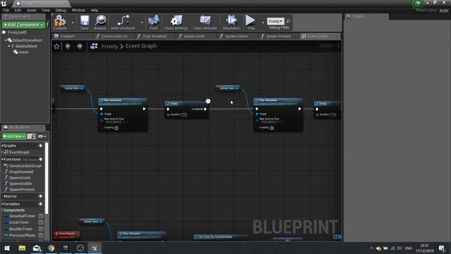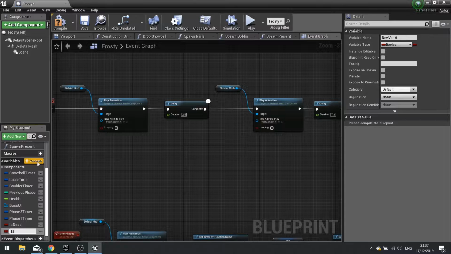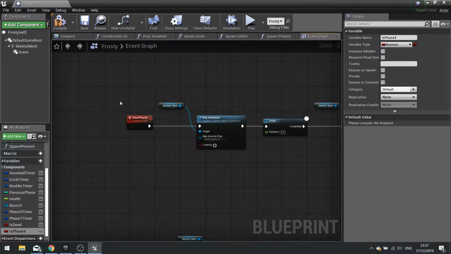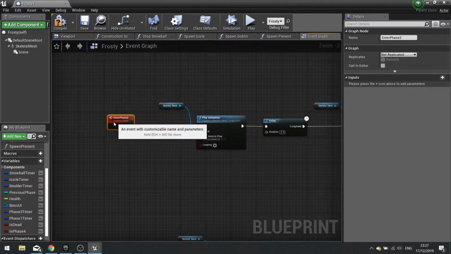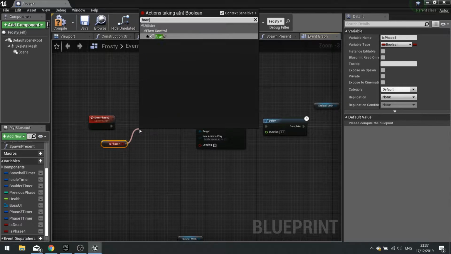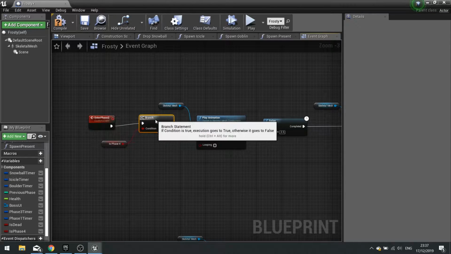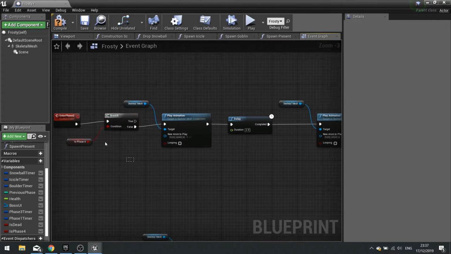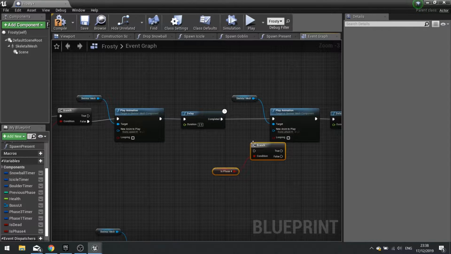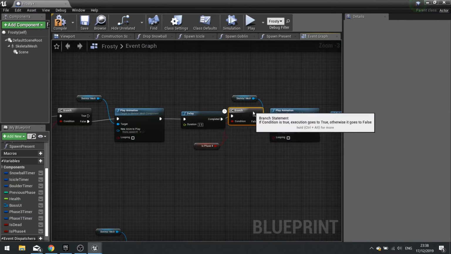So what we need to do in here is do some checks to see if we're currently in phase 4. So again, I'm going to go into my variables and do another boolean saying is phase 4. And I'm going to enter phase 2. We're just going to do, let's do one at the start here, just in case. Branch. So phase 4 is false. Continue there. And we're going to copy that and put that at the end of these delays as well. False is the one you're hooking up there.